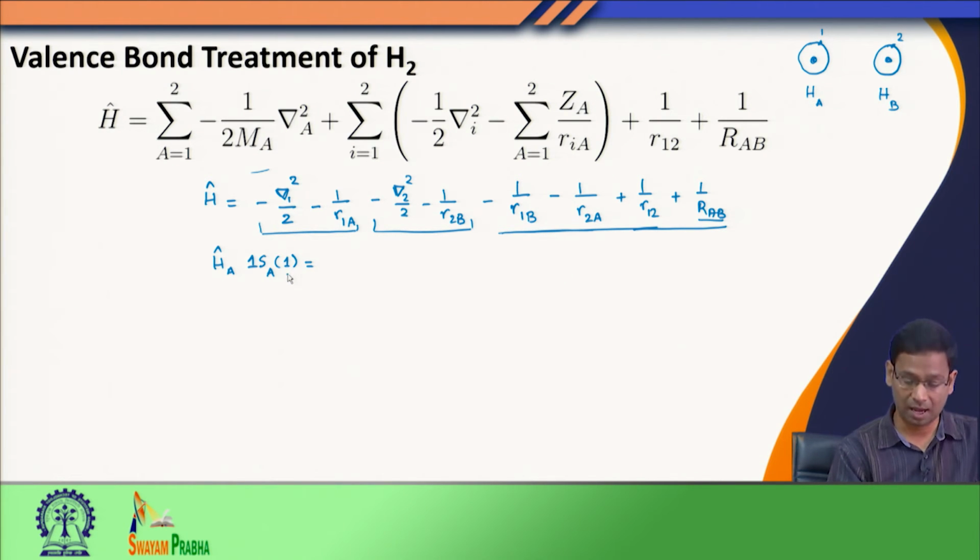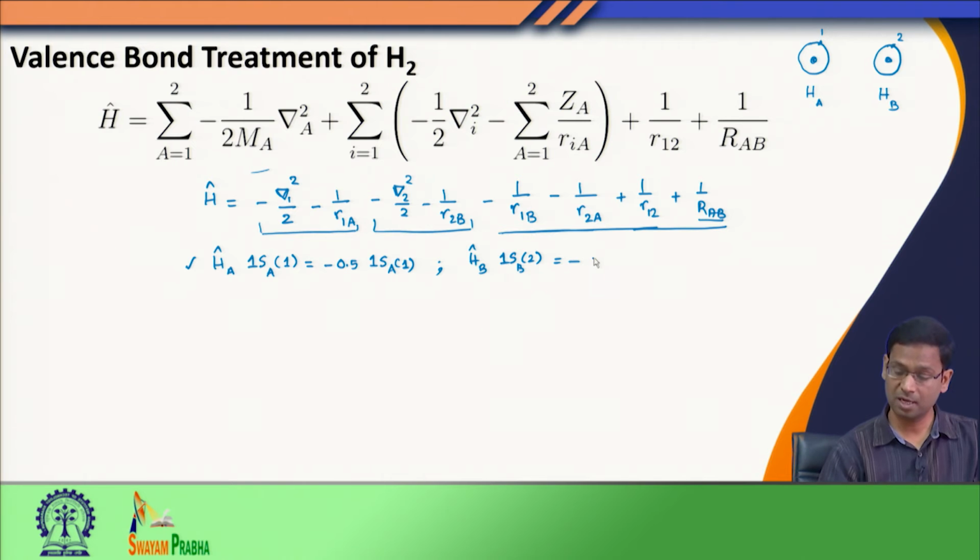Now, if this is the ground state eigen function, the corresponding energy is, we know that the energy of the ground state of hydrogen atom is minus 0.5 atomic unit, since we have written down the Hamiltonian in atomic unit. So, therefore, the energy also we are writing in atomic unit multiplied by the function itself, because this is an eigen function. So, this Schrodinger equation we have solved for hydrogen atom A. Similarly, we can write down corresponding to the B nucleus, where for B nucleus I will define the ground state function 1sb holding electron 2, the energy will be the same, minus 0.5, and since this is an eigen function, so I have this. So, these two equations I know, in fact, I know 1sb2, 1sa1 because I have solved the hydrogen atom problem